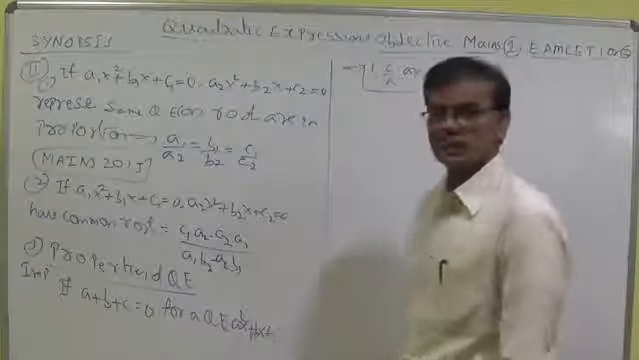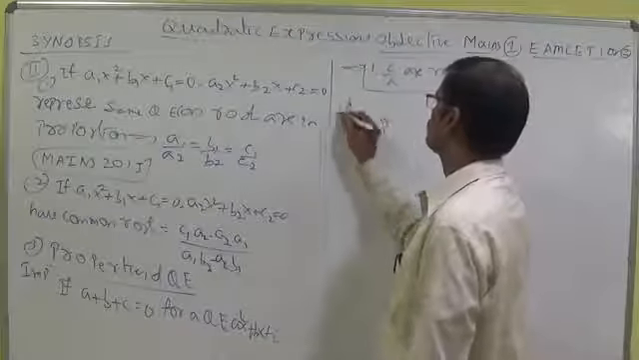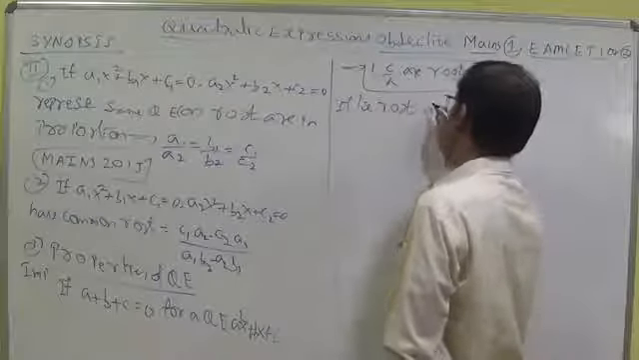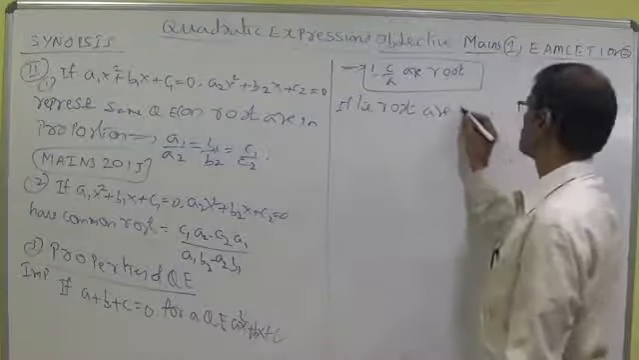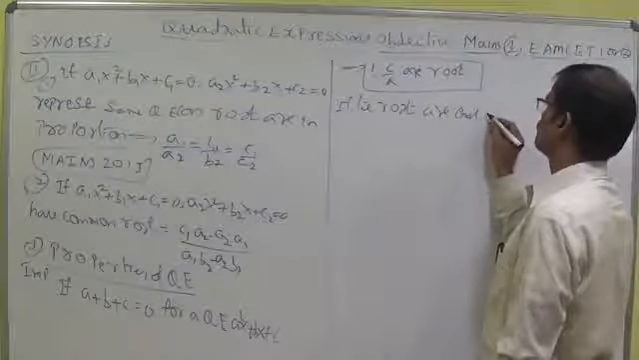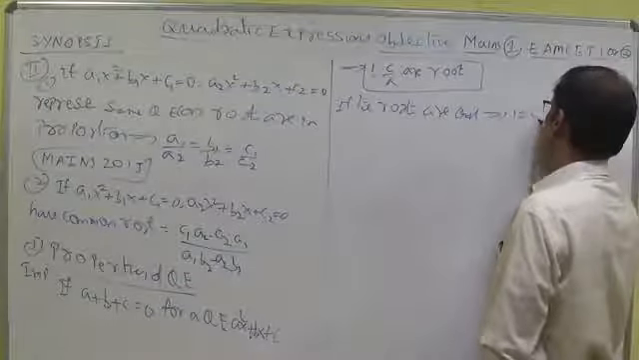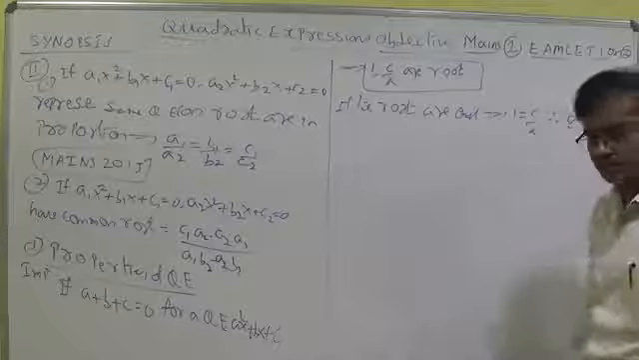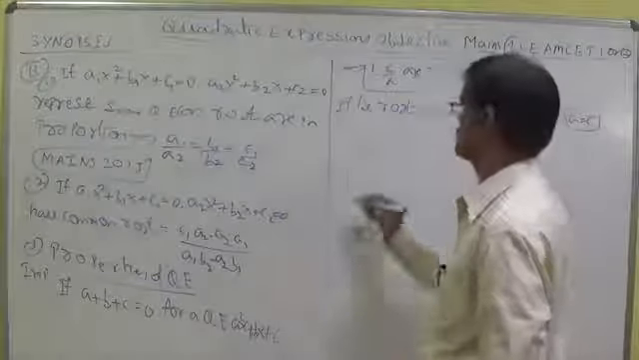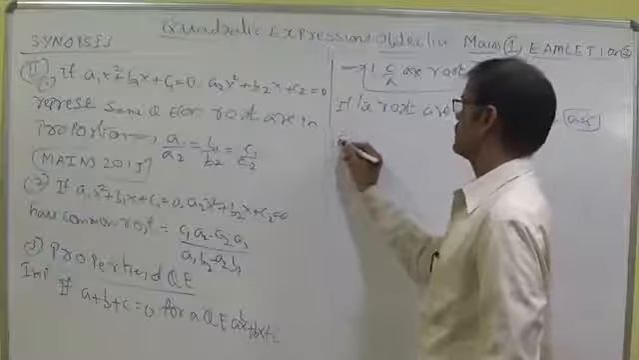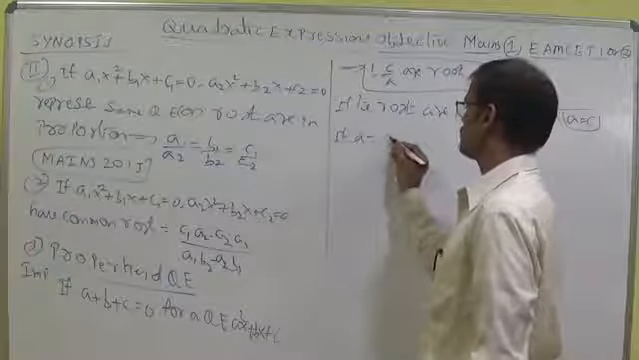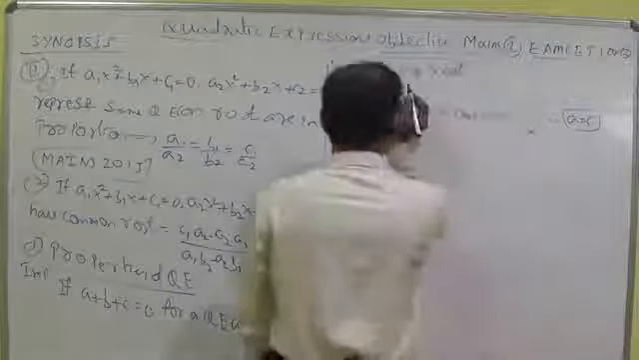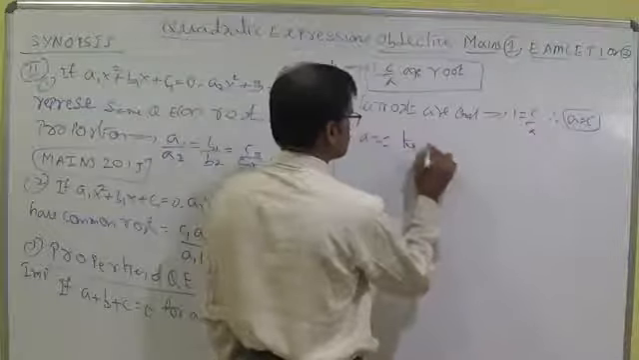It is a most important question. If the roots are equal, among them another condition: if the roots are equal, that implies we can write 1 equal to c by a, or a is equal to c. So what is a is equal to c? Another condition depends upon this one. If a is equal to c,